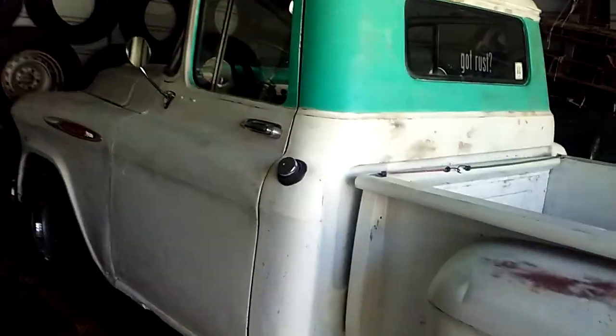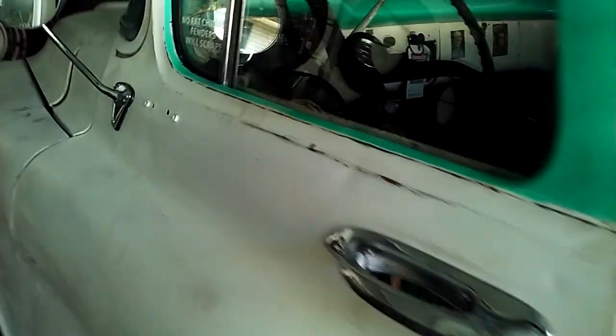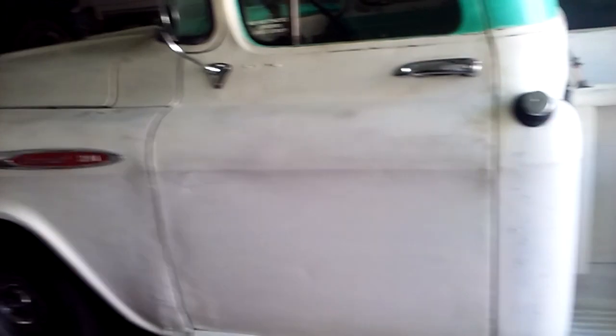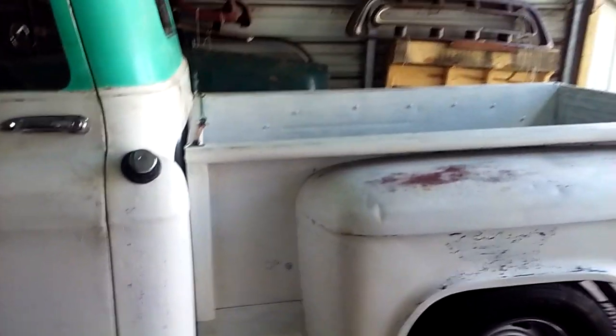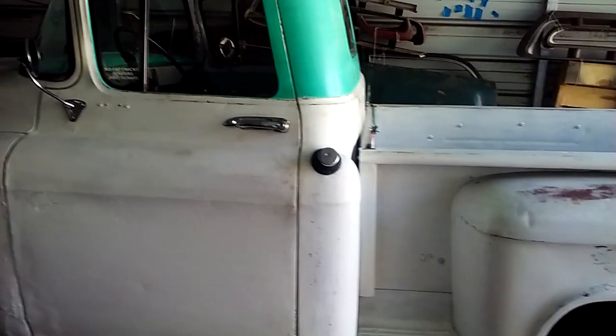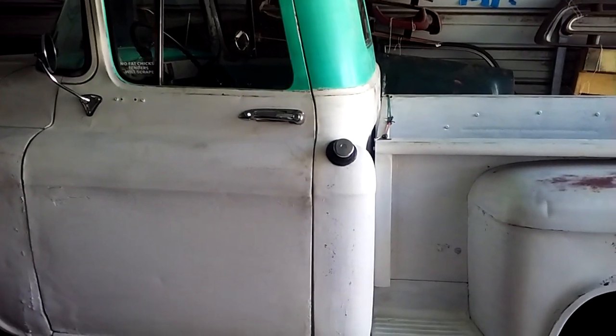Now then, let's check out this 57 Chevy truck that we have named Charlie. I've done a lot of videos on this truck this summer. Still summertime feeling around here. Okay, we'll get into it. And